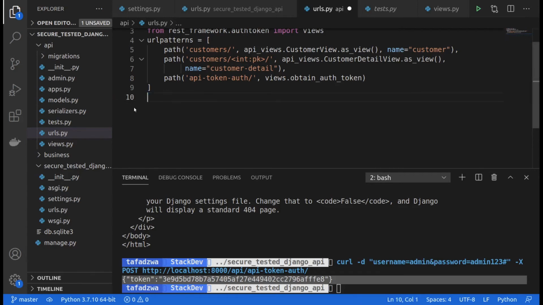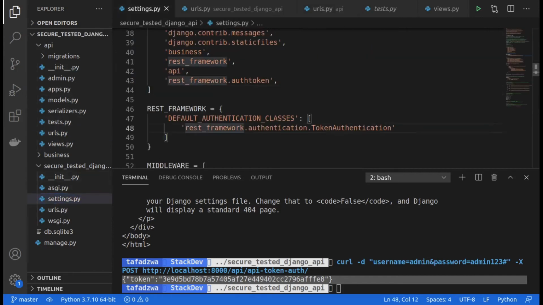So with that said, now let's quickly go ahead and implement the JSON web token using SimpleJWT. What you need to do is go to our settings.py. Inside this REST framework setting, this is where we need to put some authentication classes for our JSON web token. So let's quickly do that. The first authentication class that we need to put is called REST, which we're going to take from REST framework